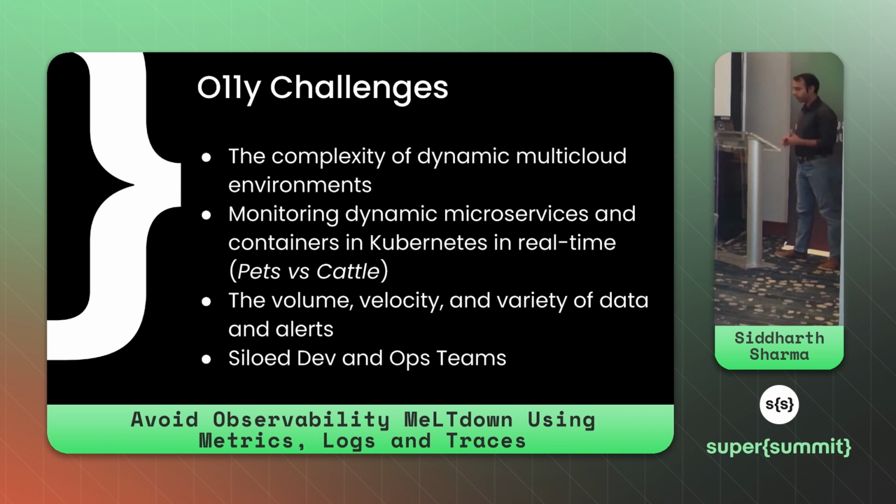Also, if you are not embracing the DevOps culture properly, and you have siloed DevOps teams, observability becomes a problem, because your application team is just interested in writing application code, and they will just throw the code over to ops. So if you get alerted in production about an outage, the ops team, without having context or observability into your app, won't know what exactly went wrong with the application.